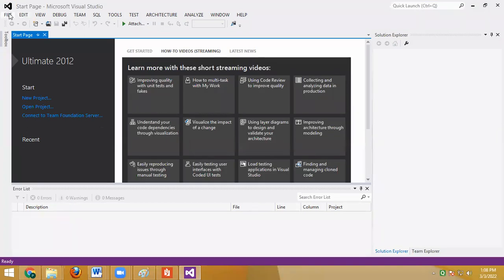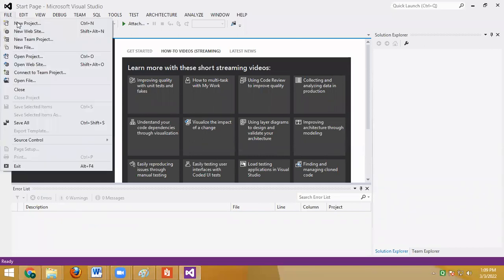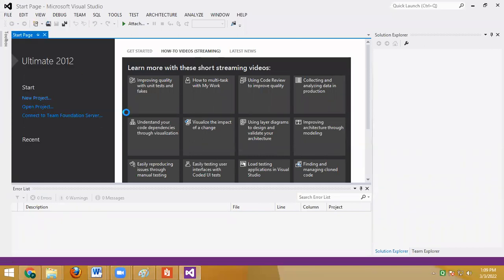So I open a Visual Studio. In that I will be creating a new project.